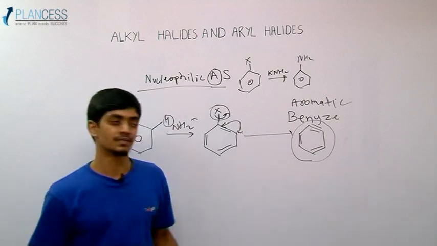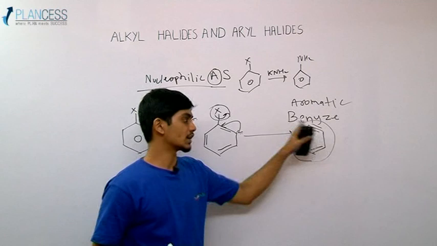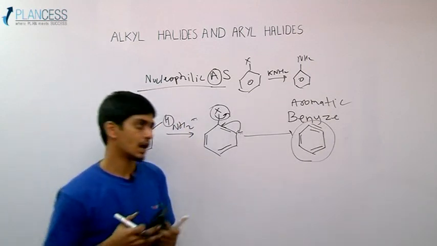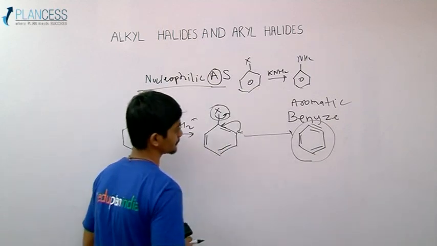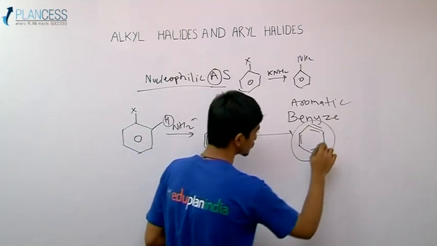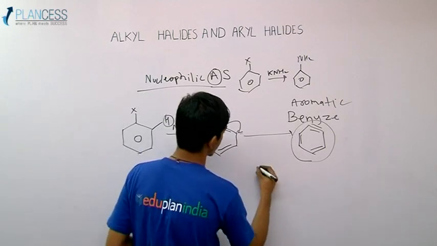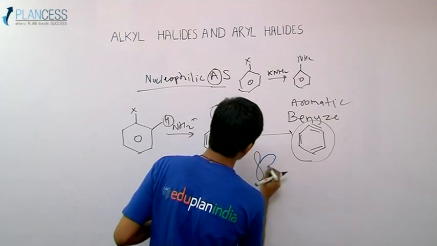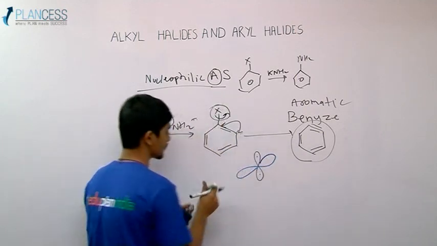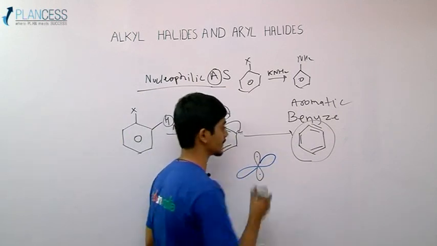The point is, this triple bond is not involved in the delocalization of pi electrons. How? Because if you consider the hybridization, this is sp hybridized, this is also sp hybridized, but the two p orbitals are actually perpendicular to each other. So only one p orbital can be in resonance with the benzene ring, because the perpendicular p orbital's